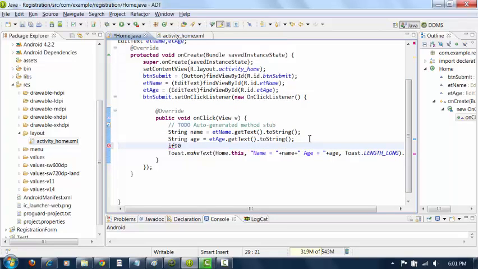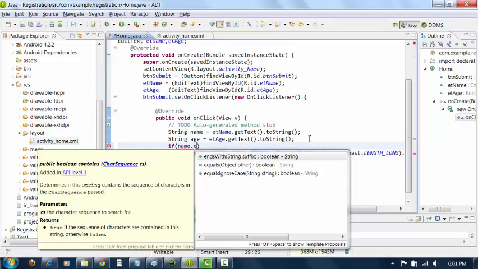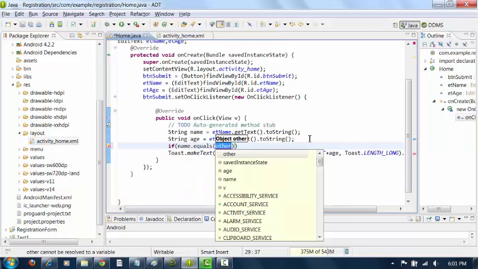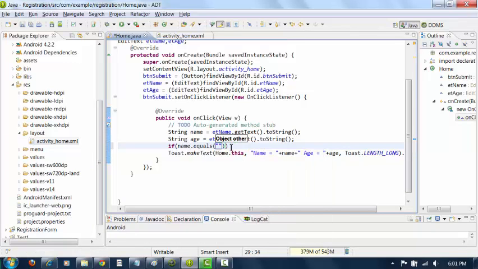If name dot equals... how to compare the strings? It is not like this. You have to use the dot equals option. If name dot equals space, then